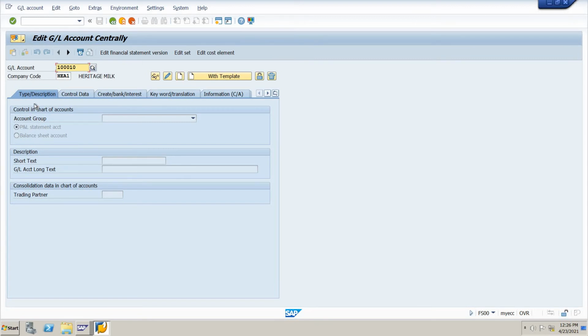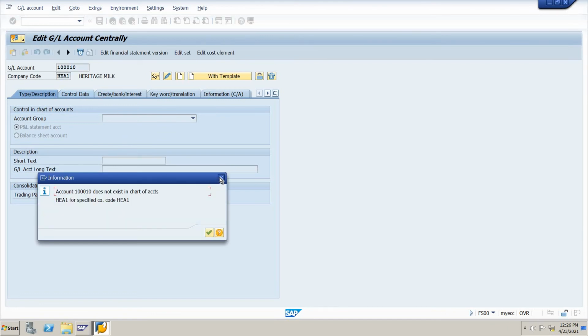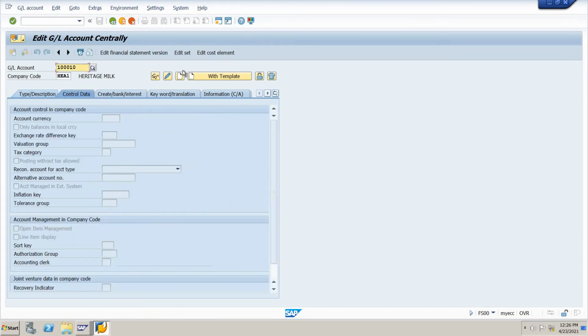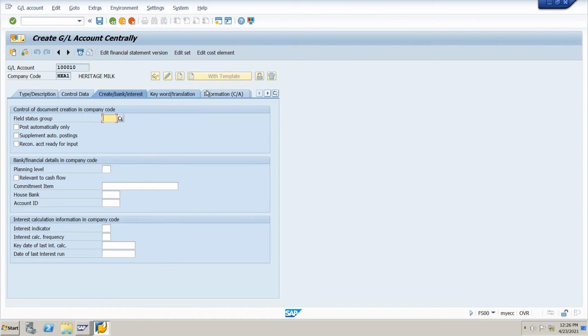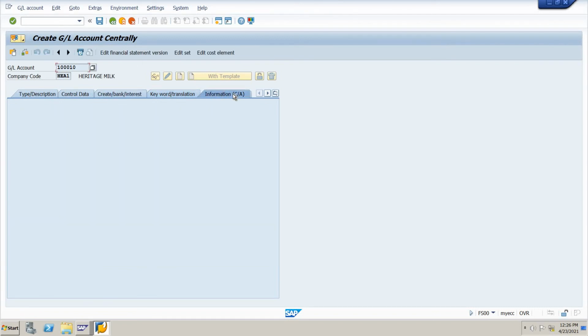In centrally we have 6 tabs: type/description, control data, create/bank/interest, keyword translation, information CA meaning chart of accounts, and information company code. So these are the 6 tabs we have at the central level.